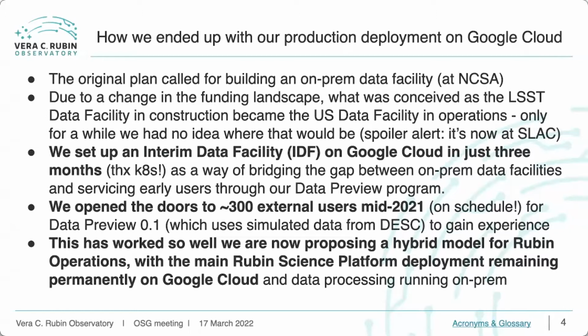Several things have happened en route. One of them is that both the UK and France have contributed significant amounts of computing resources in exchange for data rights. So the UK and France between them are going to end up doing 75% of the data release processing for the survey. And there was a kind of funding model earthquake, and the data facility moved from the National Science Foundation side of the project to the Department of Energy side, because we're funded by both of these major agencies.